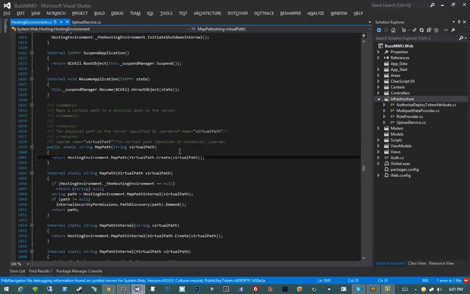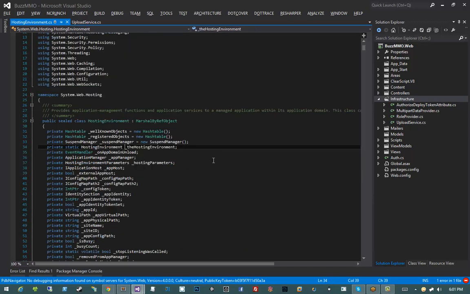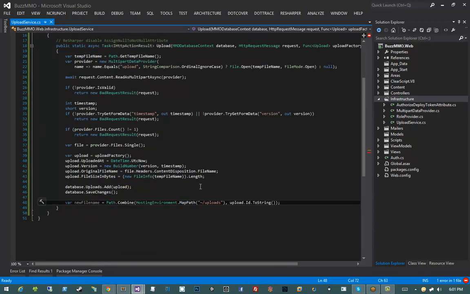Let's see here. Oh yes, it will return null if hosting environment dot the hosting environment is null. And if hosting environment dot the hosting environment is null, there's no way that we can get the uploads anyway, and I really don't care, so let's just let that happen. So yeah, I don't care about that possible null exception. And then, what this code does is it gives us an absolute path to our uploads folder, which doesn't exist yet. We'll create that here in a second,